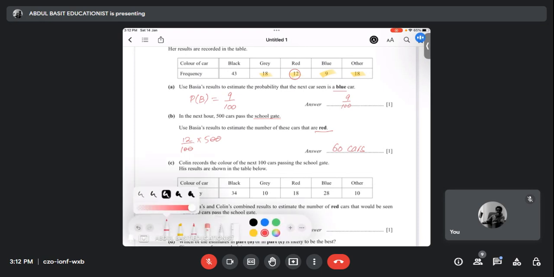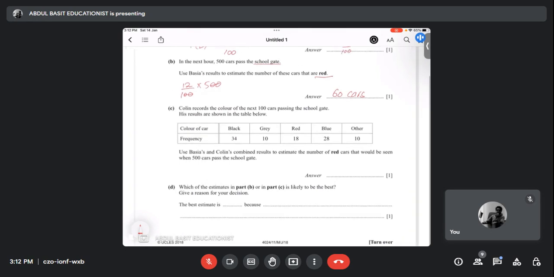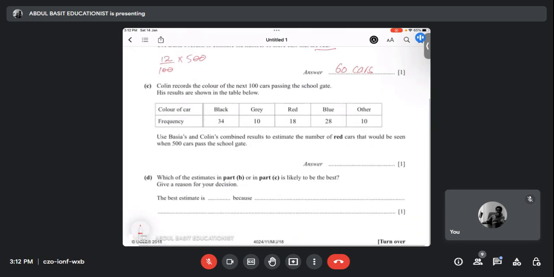Sir. Okay. Colin records the color of the next 100 cars passing through the school gate. His results are shown in the table below. Now Colin is another person, okay, who recorded the color of another 100 cars. He said that the black ones are 34, gray 10, red 18, blue 28, and others are 10. Use Basia's and Colin's combined results to estimate the number of red cars that will be seen when 500 cars